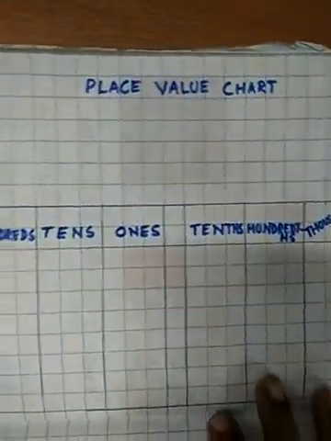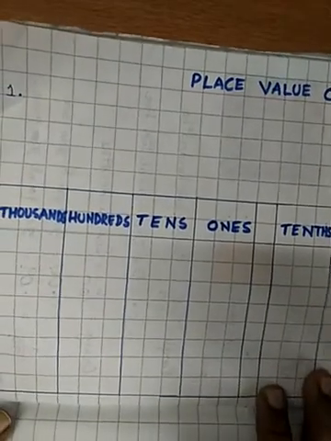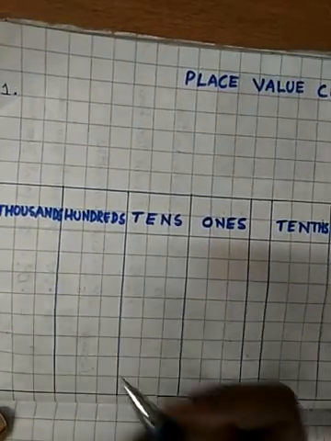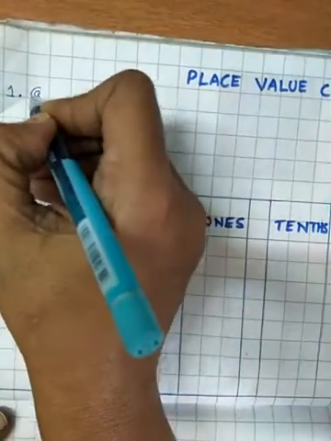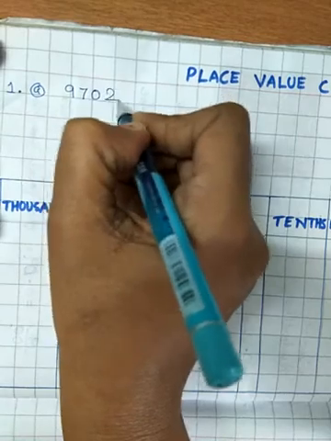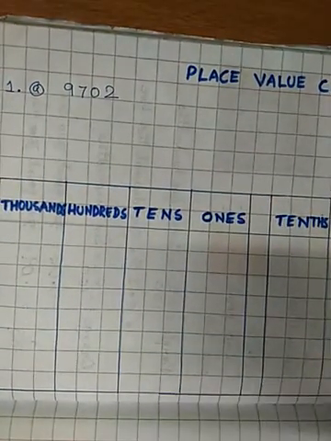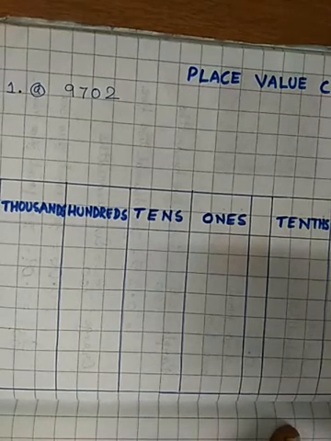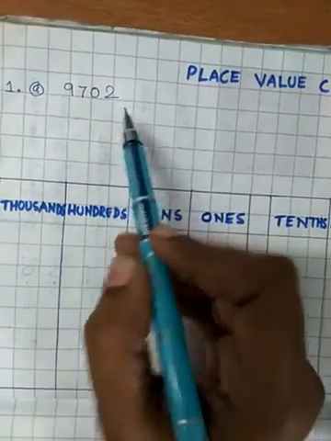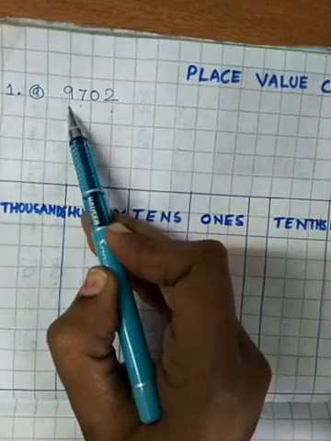Now let us come to how to place these numbers in the place value chart. Okay, last day also you have studied a little of the place value chart. So today we will just revise again. Let us start with a whole number. Say I have a whole number 9702. All of you know how to place this in a place value chart.